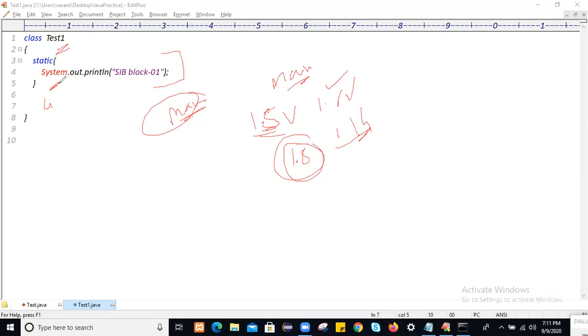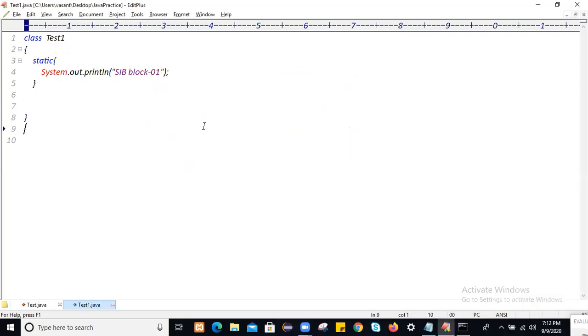If you are using JDK 1.4 or below 1.5, it's not mandatory to keep the main method to execute a static block logic. Let me compile this and we'll see.